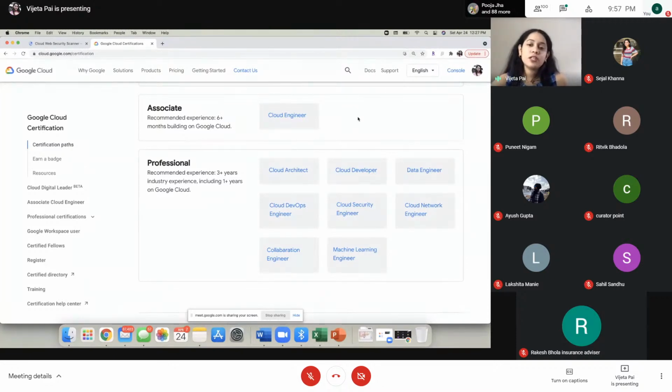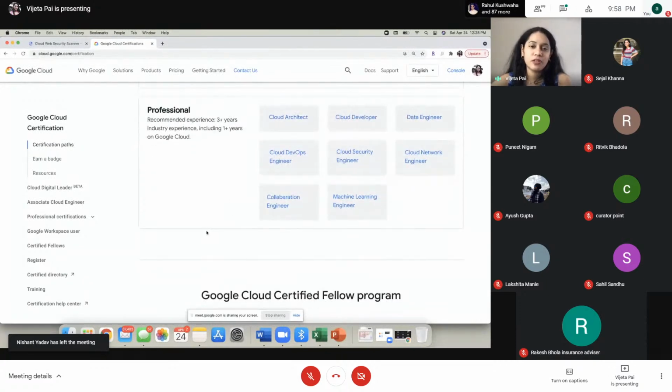An Associate Cloud Engineer certification basically certifies that you know all the Google Cloud products. You can, for example, deploy certain applications. You know how to make the right choice for your particular use case. So this doesn't require a lot of experience, but at the same time, it is recommended that you are at least familiar with the Google Cloud platform, because the questions will definitely be based on that only. So having just a theoretical knowledge is not enough. You need to have a little bit of experience as well.